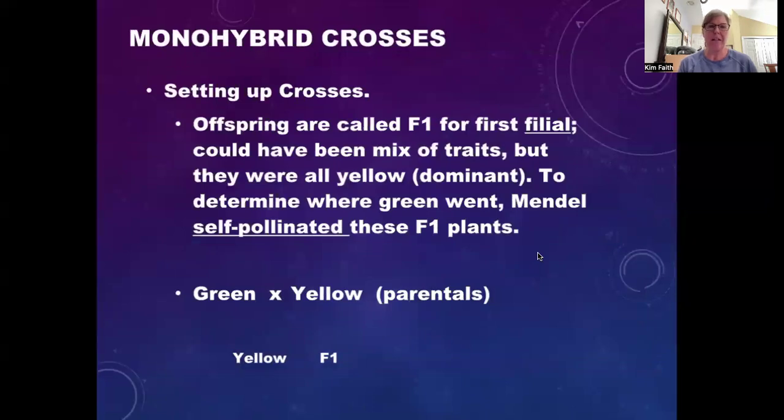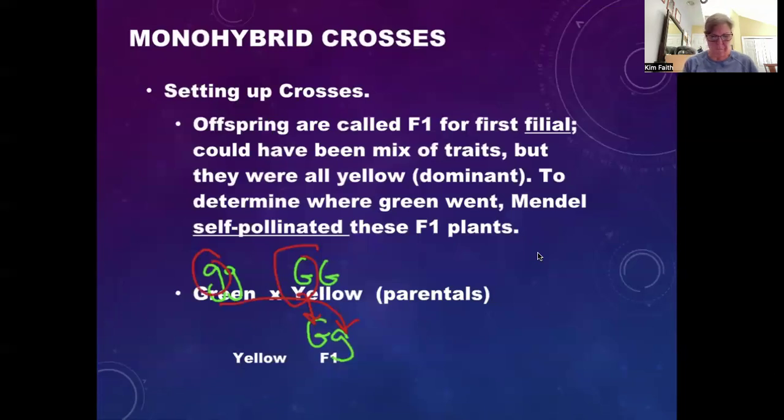So when we set up these crosses, we're going to have what are called the parentals. The parentals are generally purebred. All right, so like here when I say green, I would have, let's do this, that would be little g, and yellow would be big G, big G. Okay, they're purebred. When we cross those, the F1 are going to be yellow because they're going to get one from each parent, right? So we're going to get one from here, one from here. And so the offspring, the F1s, are going to be hybrids or heterozygous, and they're going to show that dominant